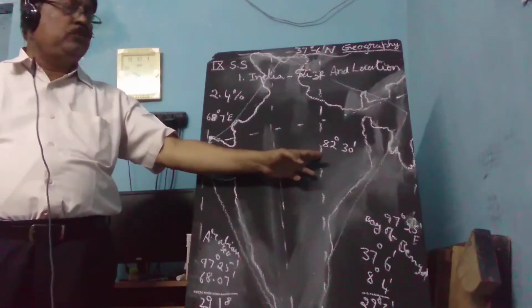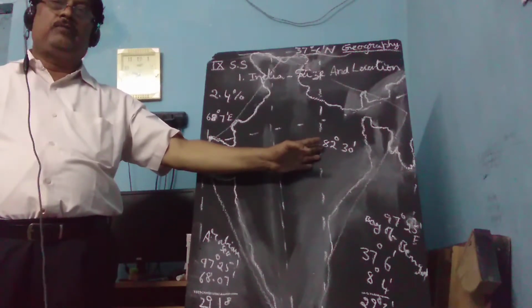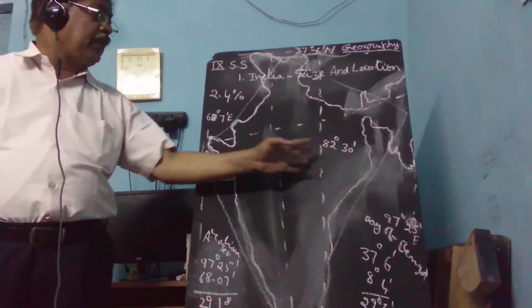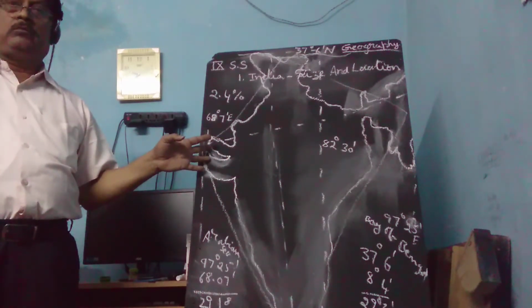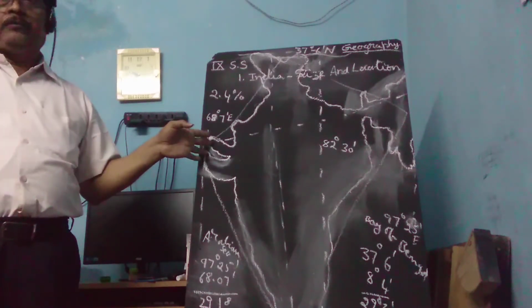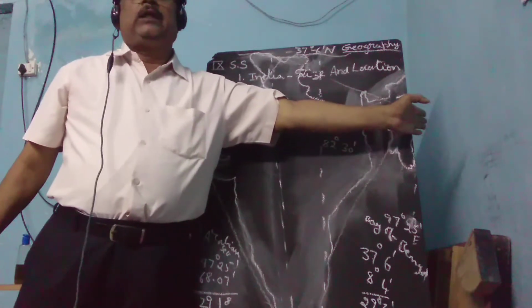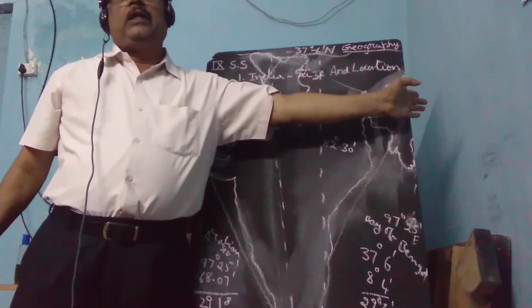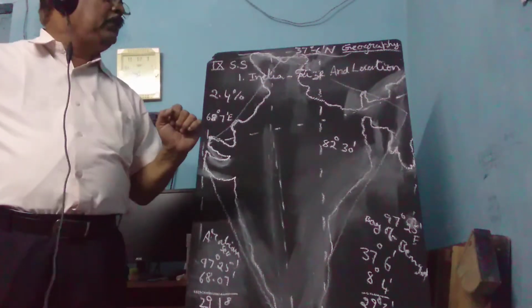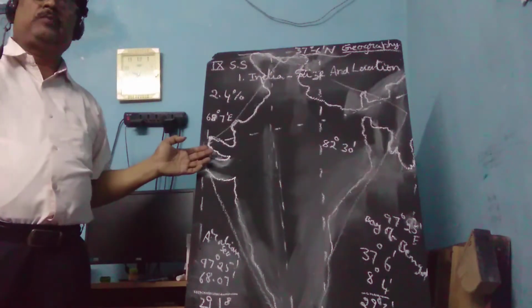The time is 12 noon. Whenever the time is 12 noon on this longitude, that should be considered as the 12 noon for all the parts of India. But actually the time here will not be 12 noon. It will be only 11 o'clock. Whereas the time here in the easternmost tip, that is Assam, Arunachal Pradesh, it is 1 p.m. So there is a 2 hours difference between the easternmost part of India and westernmost part of India.